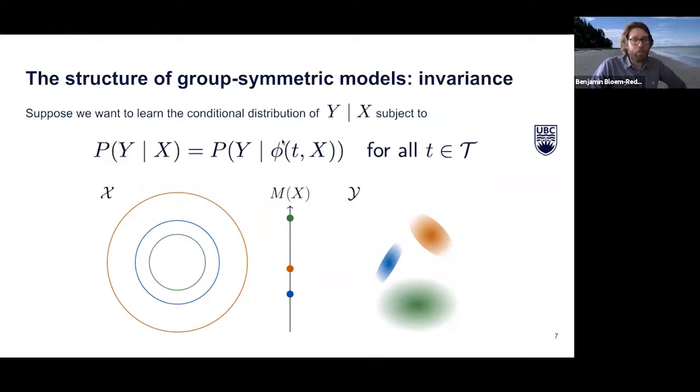That's exactly what this restriction says. And once we see that, then the structure of these conditional distributions is actually quite easy to describe. All we need to do is know which orbit we're on,